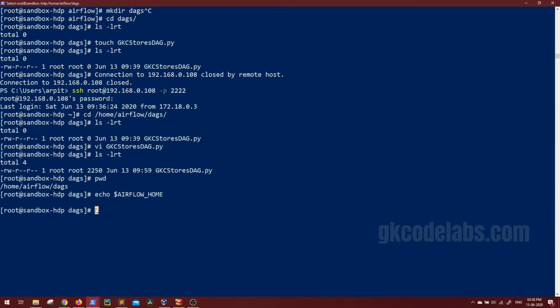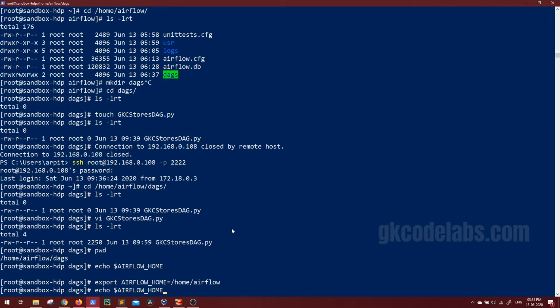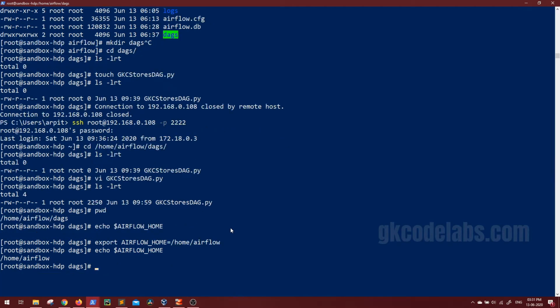So once you start the server, this Airflow home will automatically be set. Anyways, we always have the option to export the path. So export AIRFLOW_HOME and give the actual path. My Airflow home is home airflow, and that's it. Echo AIRFLOW_HOME, now it is showing.